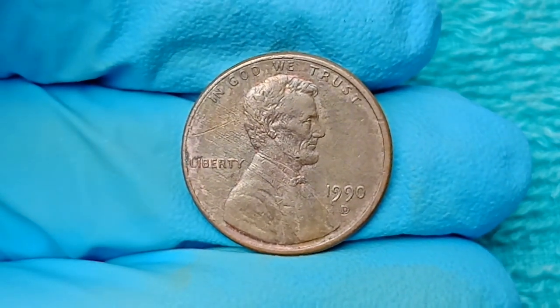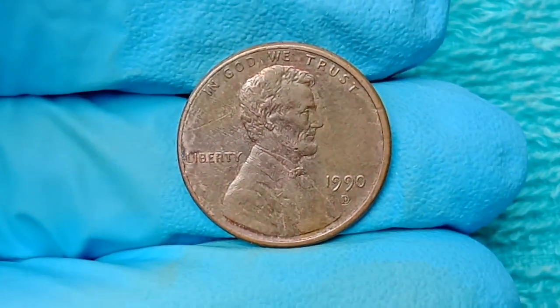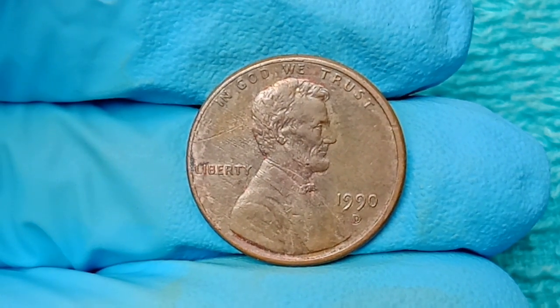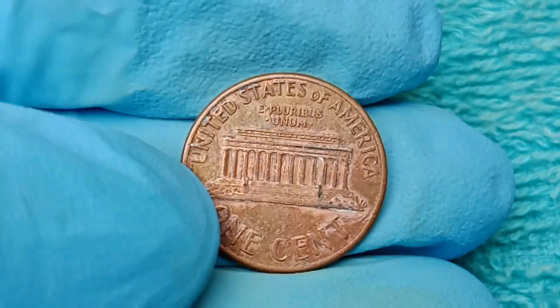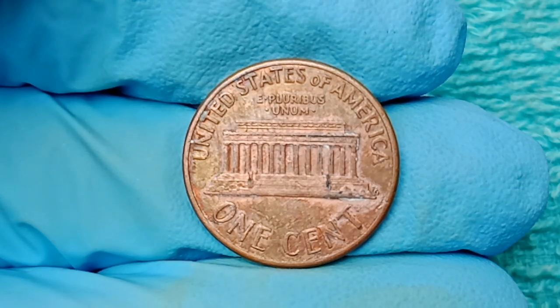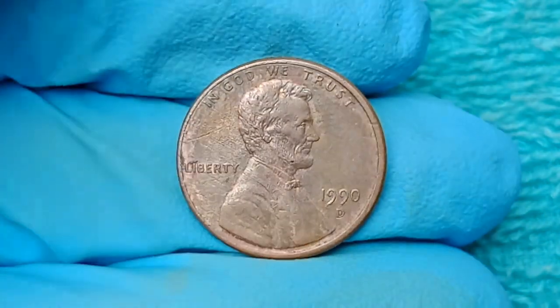And amid the surge of interest, online communities and numismatic forums buzz with posts sharing tips on identifying the true 1990 D treasure, encouraging users to examine their coins for the telltale signs like the doubled Liberty, off-center strike, rotated reverse, weight discrepancies, or the elusive ghosted D mint mark, and in some remarkable cases, even error coins from the same year but different mints, such as Philadelphia or San Francisco, are